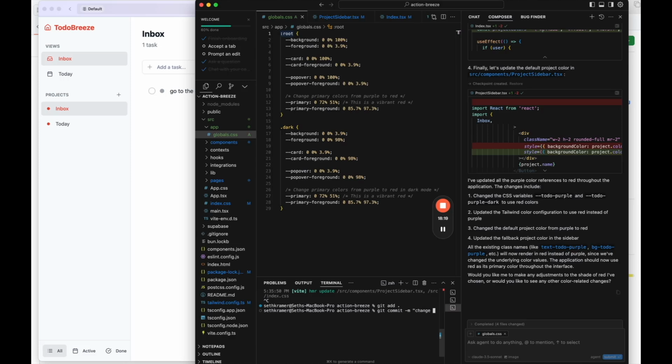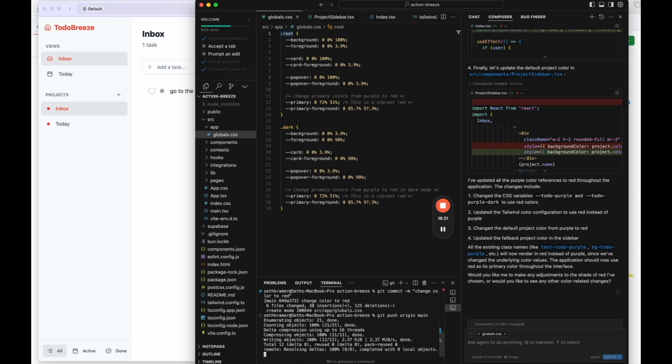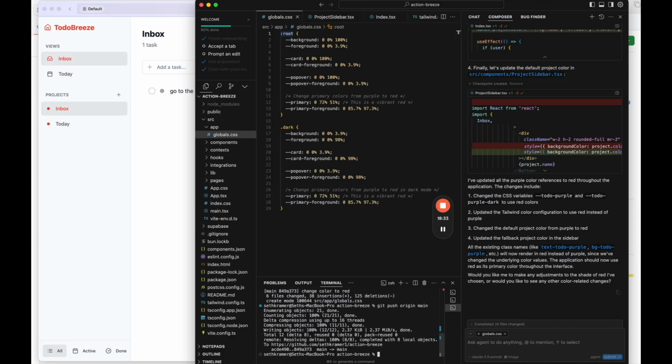So I'm going to say change color to red. And then you do git push origin main. Main is the name of the branch that Lovable created. In theory, main could be a different name of a different branch. A branch is a way to have different versions of your app, but you don't have to worry too much about that for now. But here we go. So it made that change and it pushed everything we just did on our local system